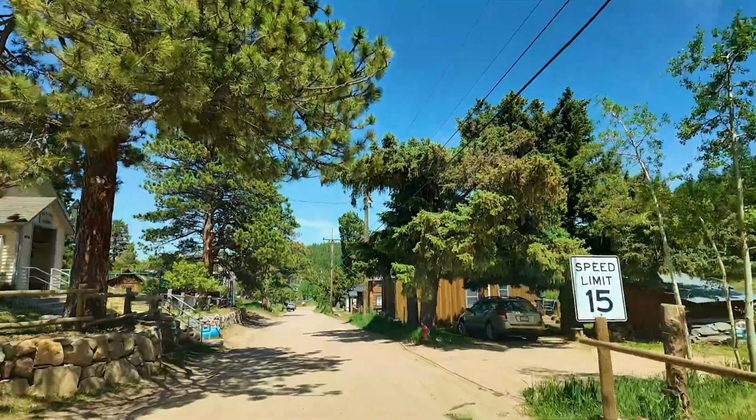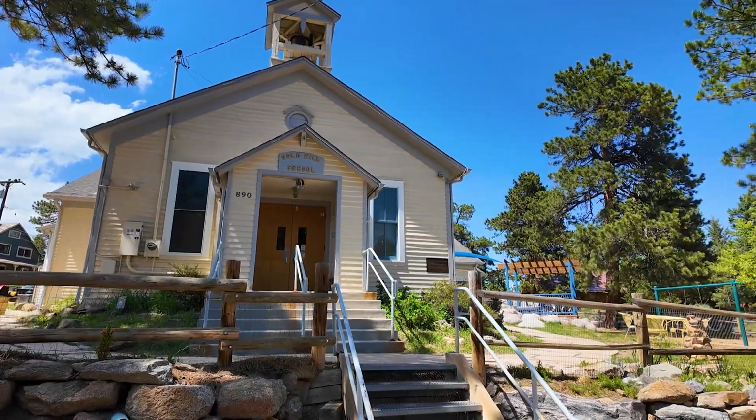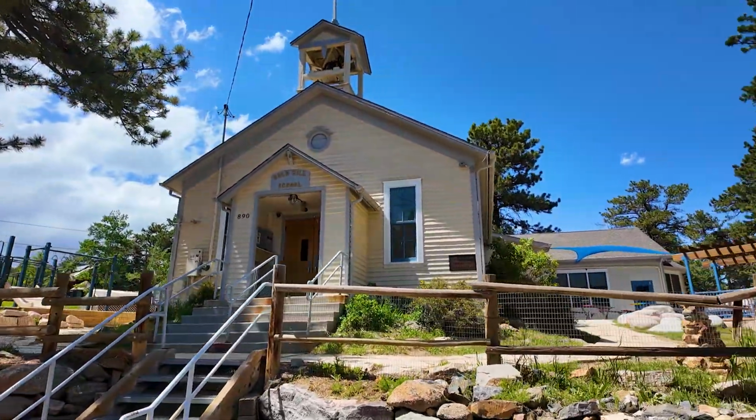So Gold Hill has a pretty cool history. It was actually established in 1859 as the first permanent mining camp in the Colorado mountains. It's located at an elevation of about 8,300 feet, in Boulder County, and it's not too far from Boulder either. And that's because in the fall of 1858, Captain Thomas Aikins led